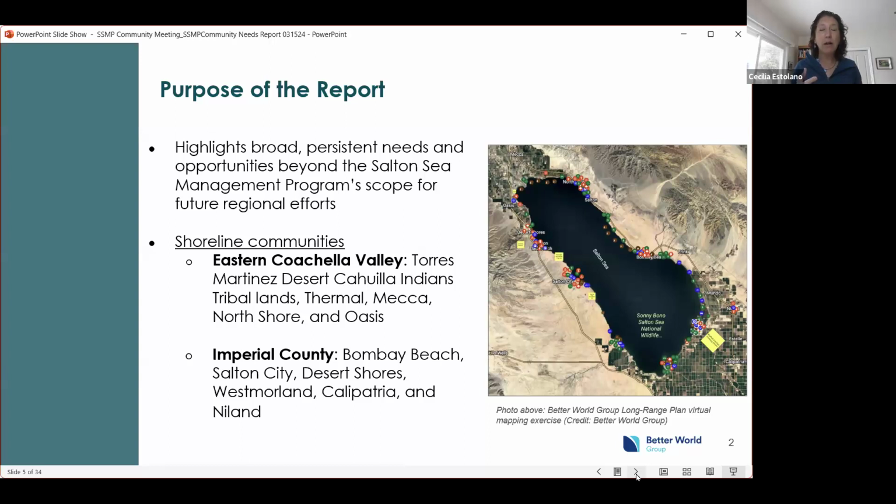But many of the recommendations we've made on the basis of that needs assessment fall outside the purview of the California Natural Resources Agency and outside the SSMP's restoration charge. These broader needs, though, need to be addressed in order to create healthy and thriving communities at the sea.